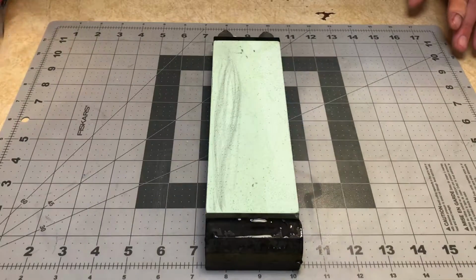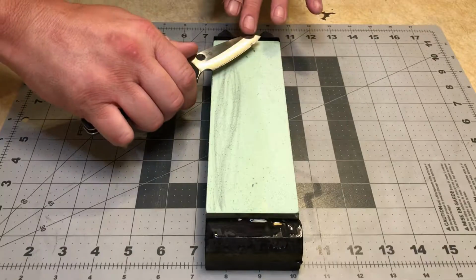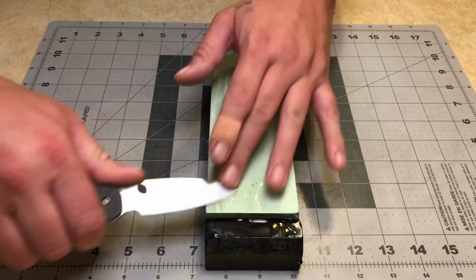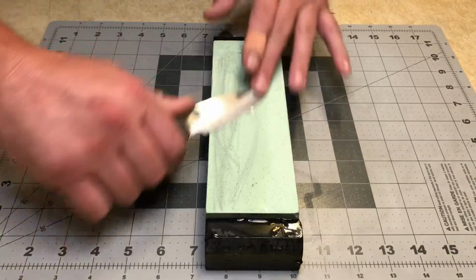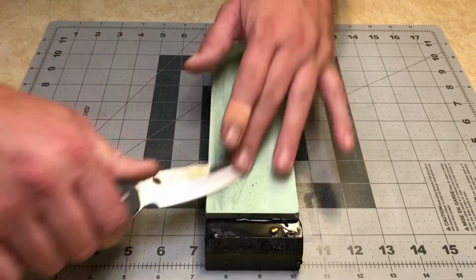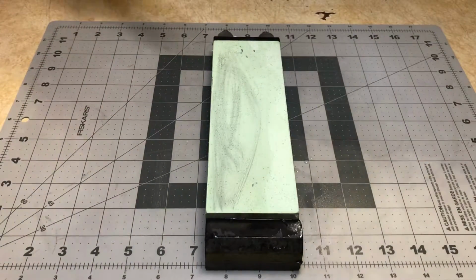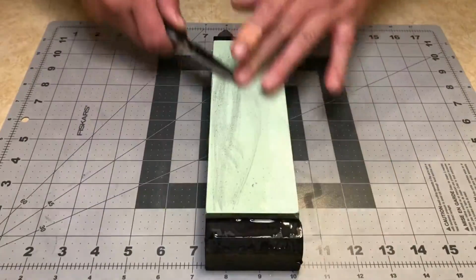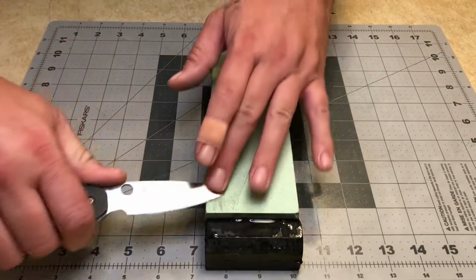I've sharpened S30V plenty of times on aluminum oxide stones and never had a problem, so I don't think it's anything to do with the fact that I sharpened it on silicon carbide. And again, what do I know? First time for everything. Of course, it could be something was wrong with the steel and I finally ground through whatever was causing the issue. I don't know if that's the case or not, but